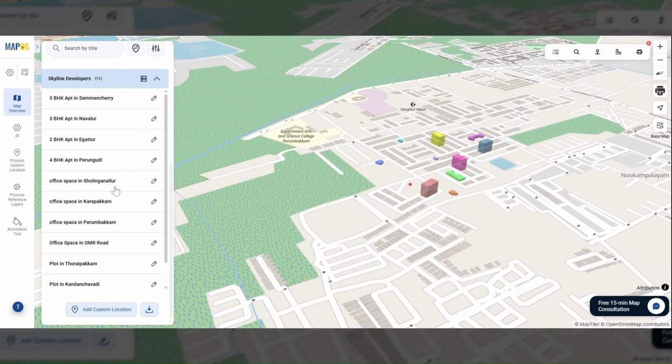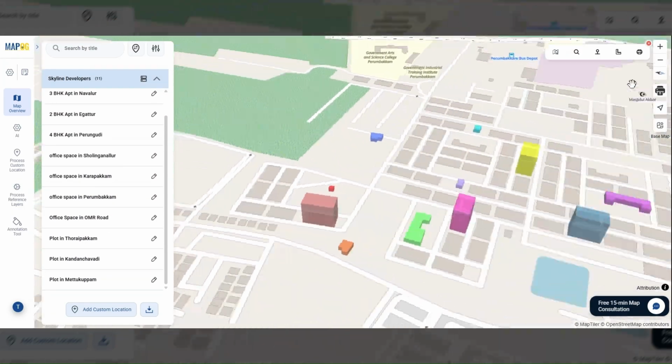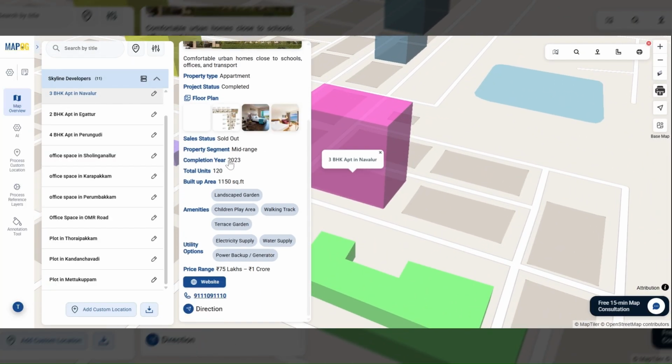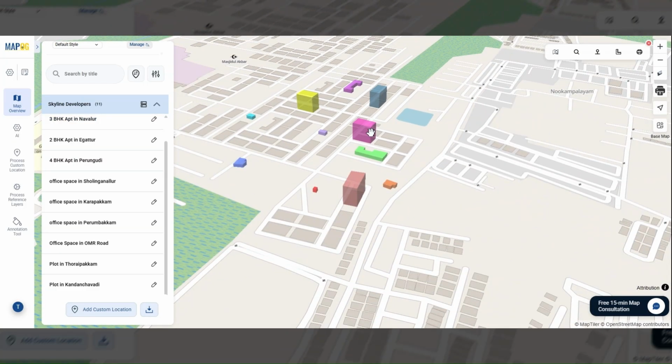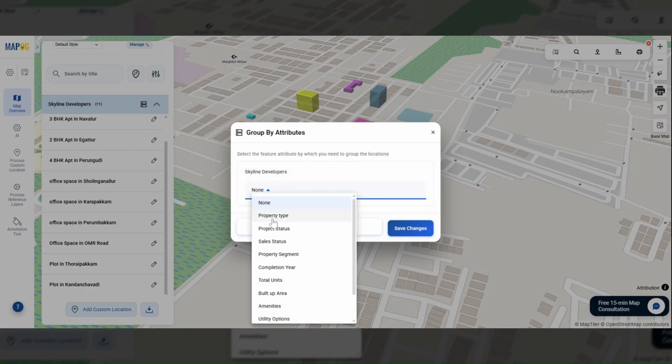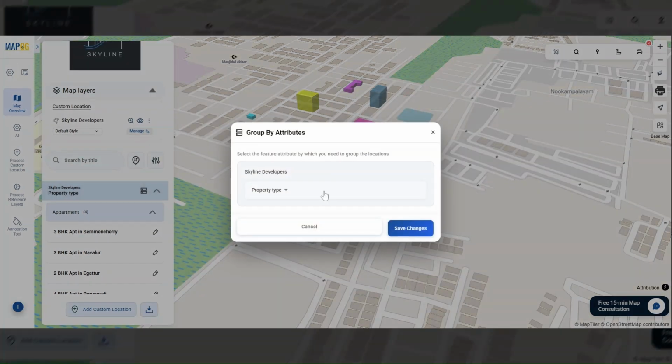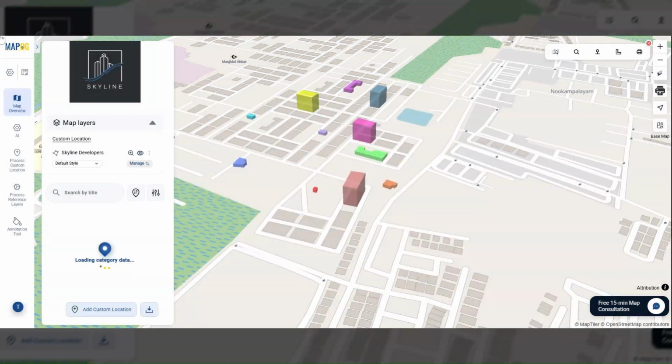Repeat the same process for additional projects. Adjust rotation and pitch for each building to ensure the best viewing angle for your portfolio. To organize properties visually, open Group by Attributes. You can group buildings by property name, project stage, property type, or price range, making it easier to compare projects